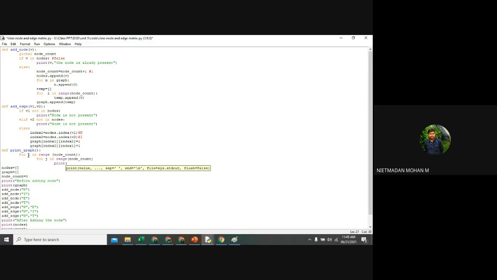Print. Format is one of the methods to represent the graph. This 3 will be the spaces for all the nodes, the space we are providing for all the nodes, and n is equal to